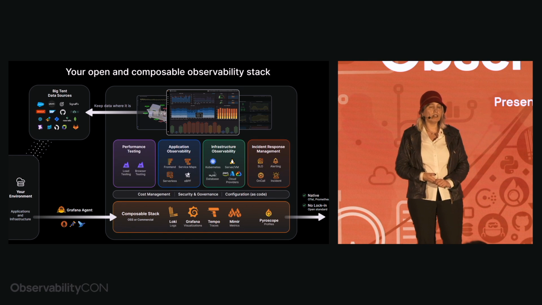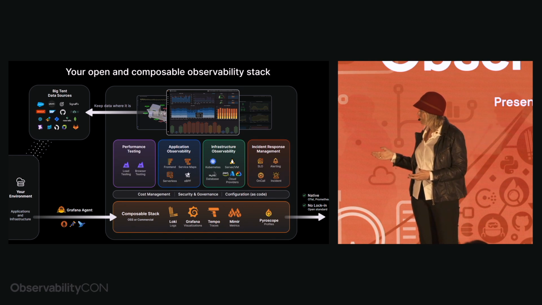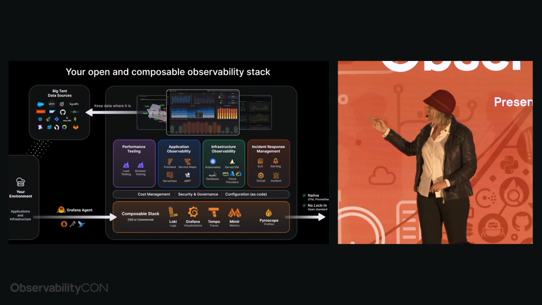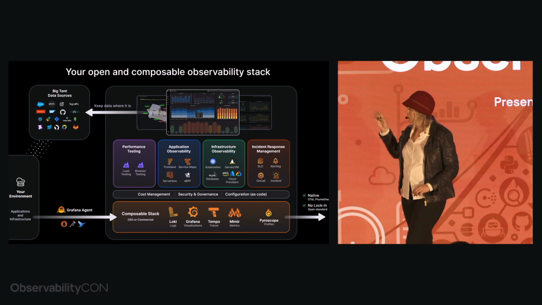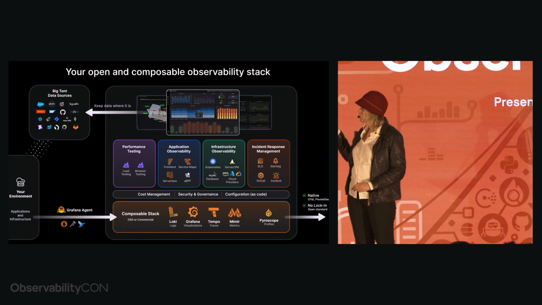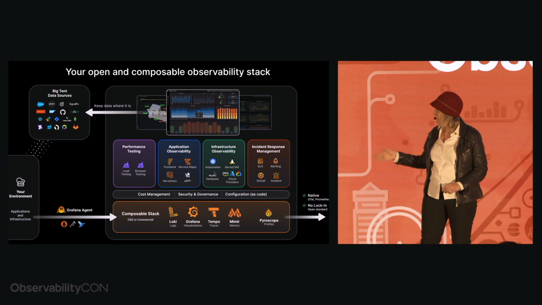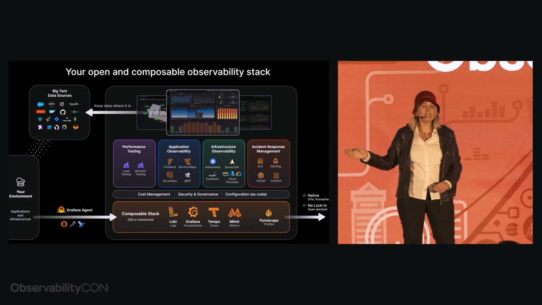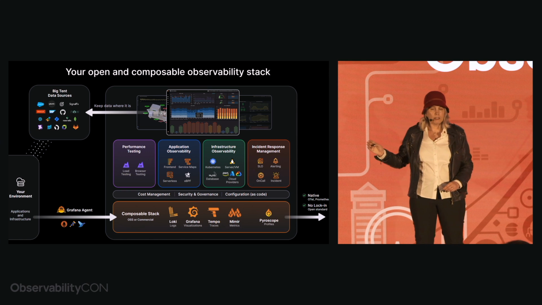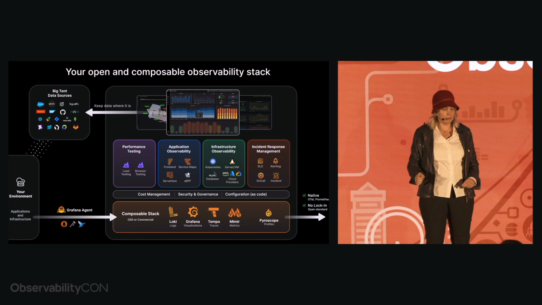And built on top of all of this, we offer you our Act 3 solutions. We've offered already performance testing, infrastructure observability, incident response management, and now we are adding application observability to the set of Act 3 solutions. And application observability includes front-end observability. It includes the back-end observability where you can see the service maps. And also we are offering instrumentation around eBPF.